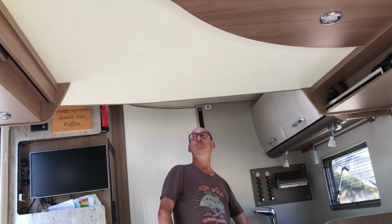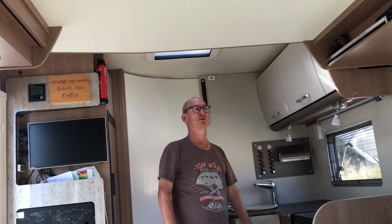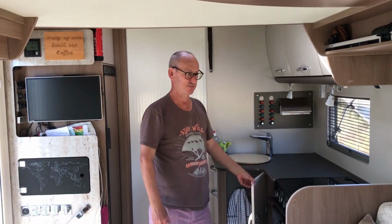It's a bit slower going up because there's quite a lot of weight there. There you are, automatically stopping. So that's the bed, and the reason that we wanted a bed like this is if you think about the